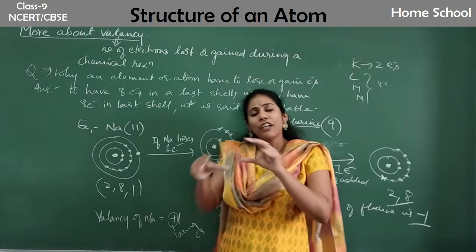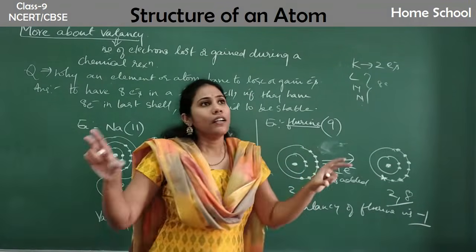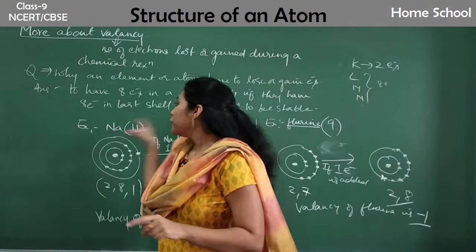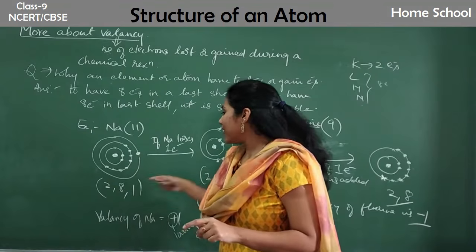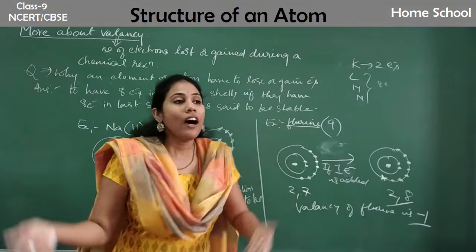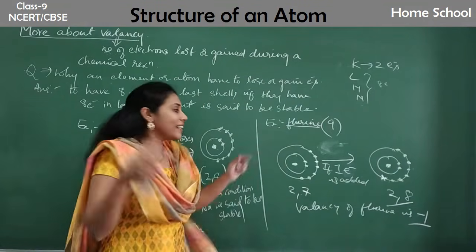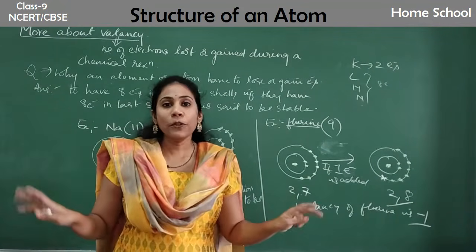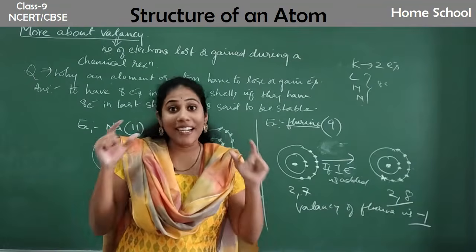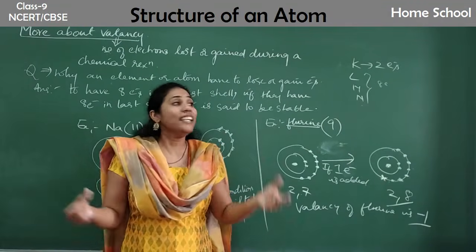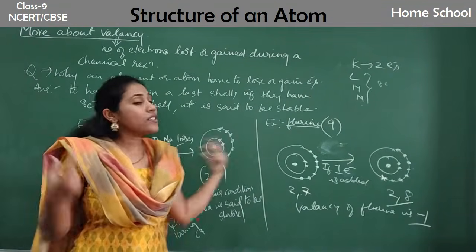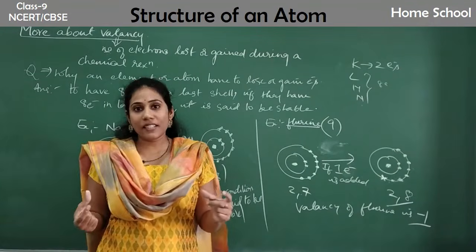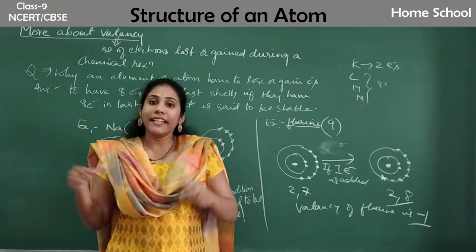Now one general trick I will give you to remember the valencies. Every time you no need to draw the structure, write the electronic configuration, and then check how many electrons it has to lose or gain to have 8 in the last shell. You no need to do that workout, but this is the concept you should understand clearly: why elements lose or gain electrons. Just to have 8 electrons in the last shell, they will always lose or gain electrons.